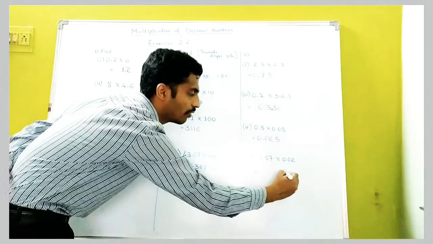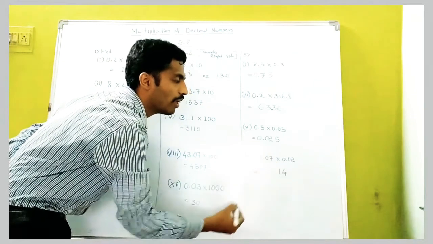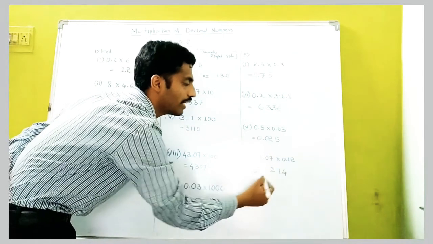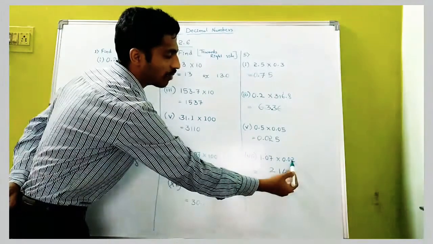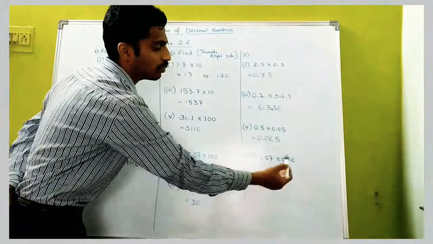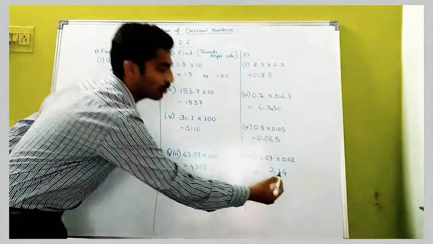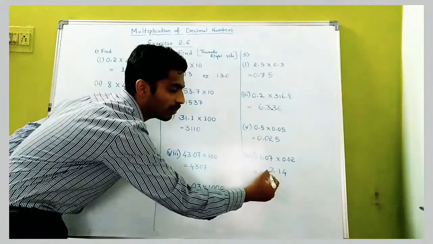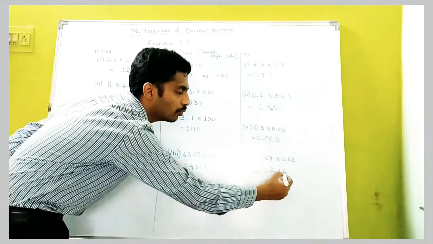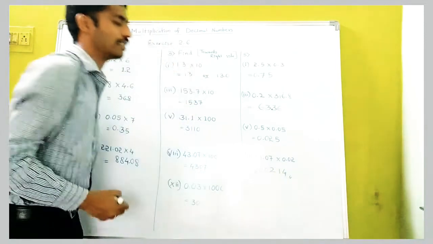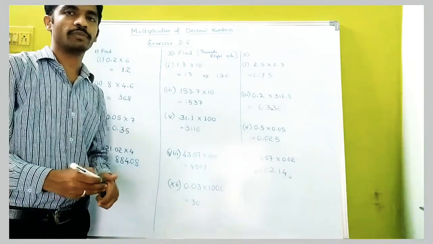Now again here also ignore the point and multiply with the 2. 2 7s are 14, carry 1. 2 into 0 is 0. Again carry 1 is there, plus 1, it will be 1. 2 1s are 2. Okay, so how many numbers? Here 2 numbers are there after the decimal, 1 2. Here also 2 numbers, total 4 numbers. So after 4 numbers we will put the point. So 1 2 3, and the number is not there, use the 0. So 0.02114 is our answer. So like this we have to solve the multiplication of decimals.